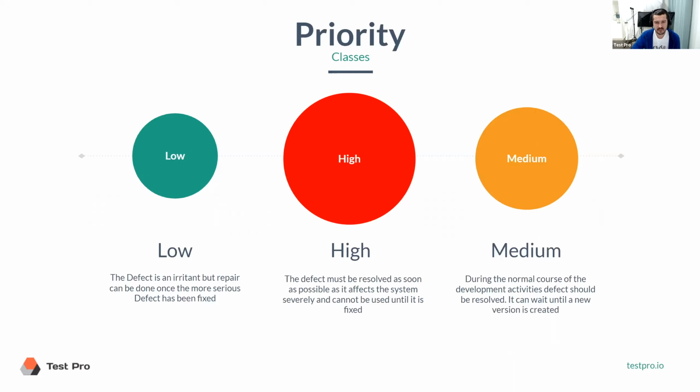it really matters. We just need to understand that high priority means that the defect must be resolved as soon as possible, because the system cannot be used until it's fixed. So it's basically completely dead. So for example, our application, I believe a few days ago, before we even started it, they were working on a new feature. So